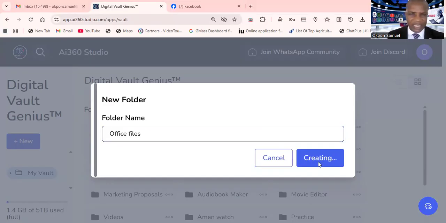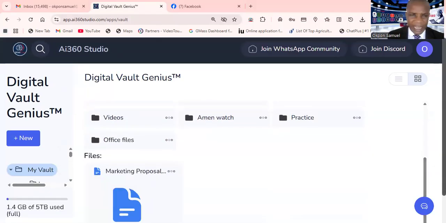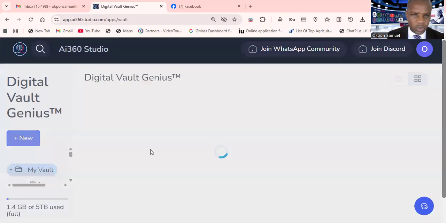Automatically, you can see it's creating it. It will definitely create it here inside my AI 360. You can see it's here already. And I want to store information inside. Let's assume I have some files I want to put inside, maybe Word documents, PDF, video, whatever it is. I just come to my office folder, I click to open it up,